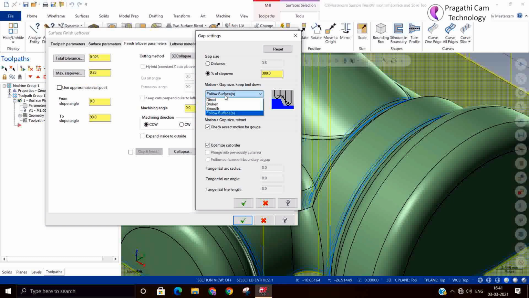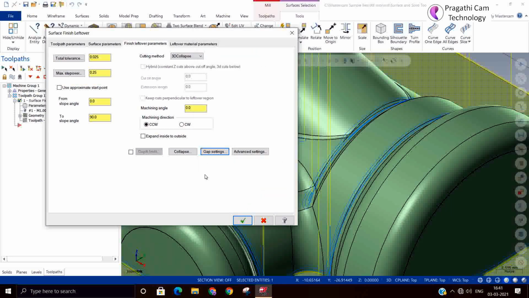So this is the optimize cutter. When you switch on smoothing, you can have a little extension in the toolpath that you can do in the gap setting. Okay, so we'll see one example with details about this.